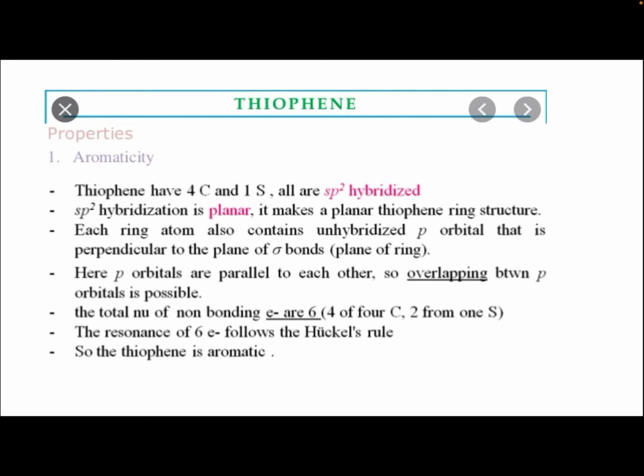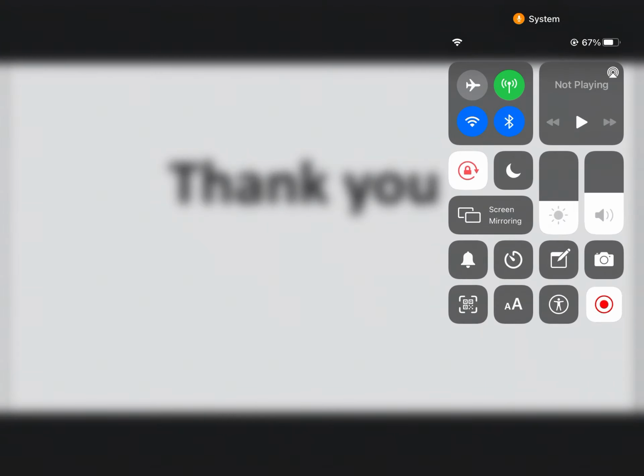The total number of non-bonding electrons is 6, 4 from carbon and 2 from the 1 sulfur atom. We have seen this in the diagram. The resonance of 6 electrons follows Huckel's rule. Hence, thiophene is aromatic. So we have seen in the diagrams that there are 4 carbons and 1 sulfur, and they are all sp2 hybridized. Due to sp2 hybridization, it is a planar molecule, and so the non-bonding electrons are there. 4 from carbon, a single electron is shown on each carbon, and 2 electrons